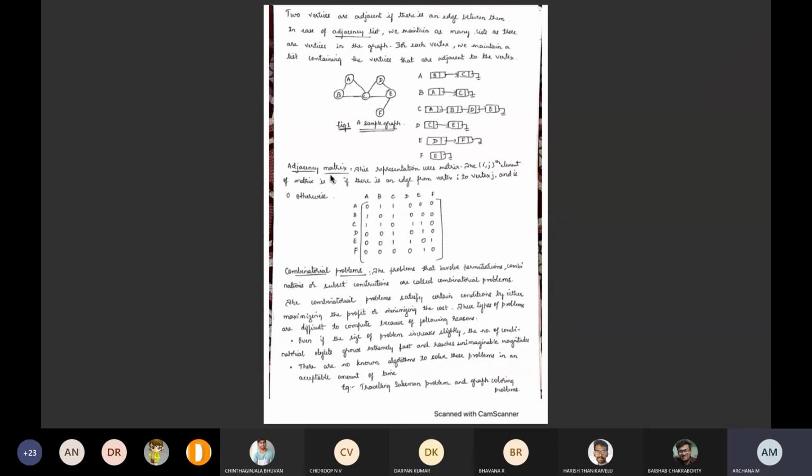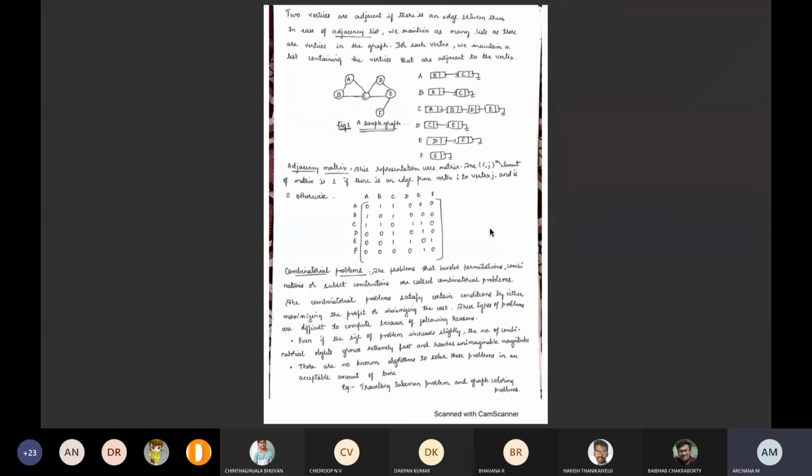Okay, then how do you represent the adjacency matrix? Take all the vertices in rows and columns and see how many connections there are to other vertices. Look here, do you have any connection from A to A? Is there a self loop? No. A to B is there, make it 1. A to C is there, make it 1. A to D? No, 0. A to E? No, 0. A to F? No, 0. Like that you have to see and represent it in the form of a matrix. This is the matrix representation. Okay, I will show this on a board and I'll show you.